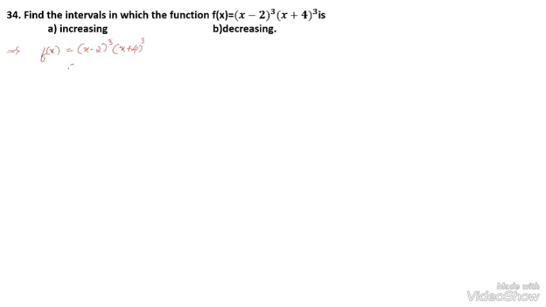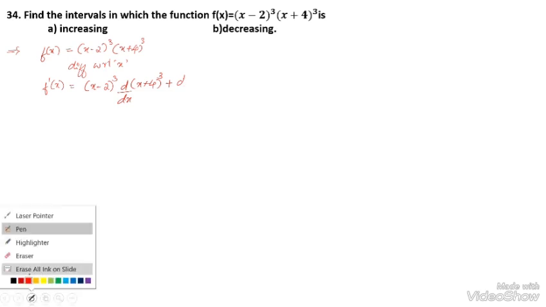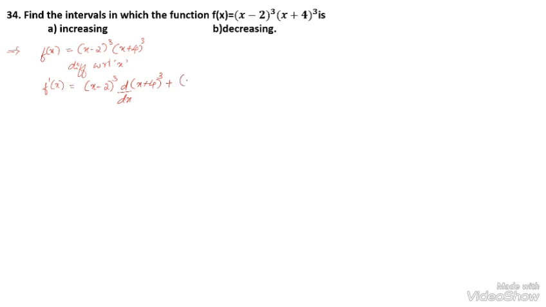I can differentiate with respect to x. First, taking f dash of x. Here x minus 2 cube and x plus 4 cube are the two different functions, so I can use the product rule. That is, taking the first function, x minus 2 cube, as a constant and differentiating the second function, x plus 4 cube, plus taking the second function, x plus 4 cube, as a constant and differentiating the first function, x minus